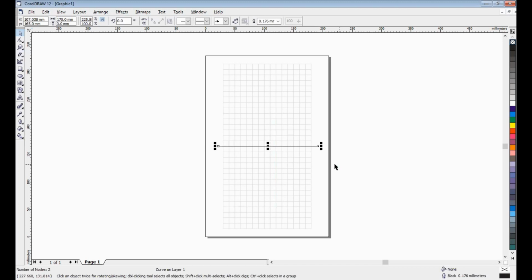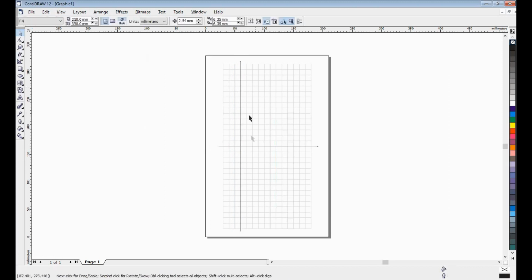Now I want to copy this. Ctrl C, Ctrl V, and set the angle to 90. Then I will set it like this.